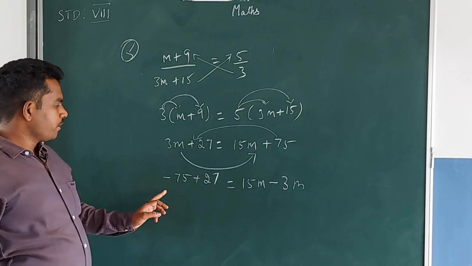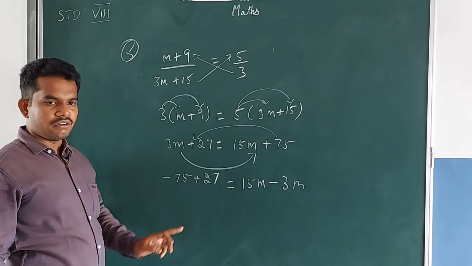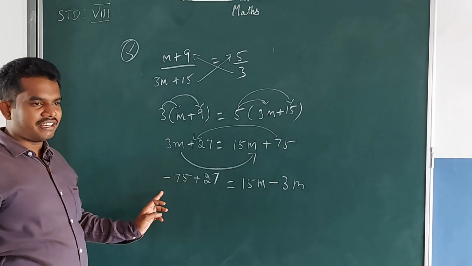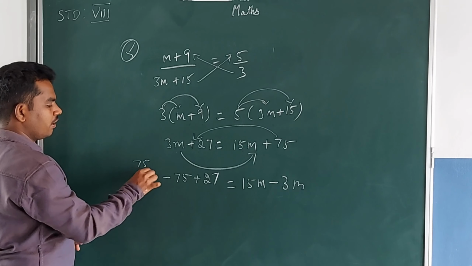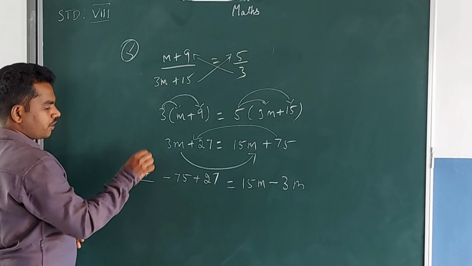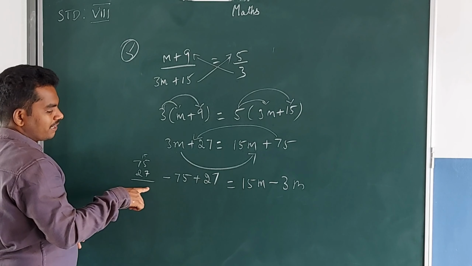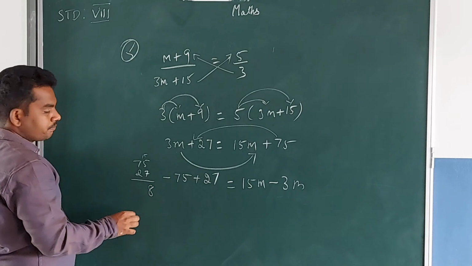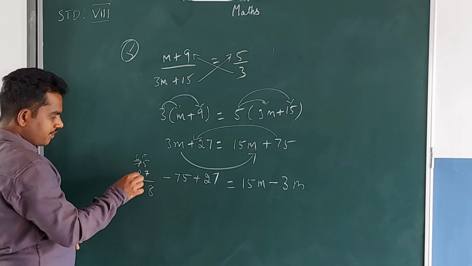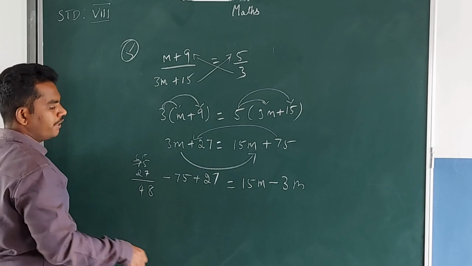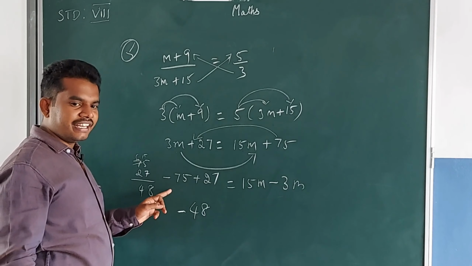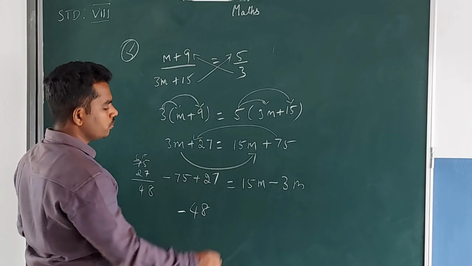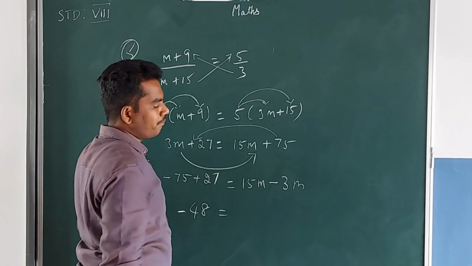Okay, here minus 75 plus 27, different signs you should subtract. 75 minus 27, 48, minus 48. Why? Bigger number sign minus, so equal to 15m minus 3m,